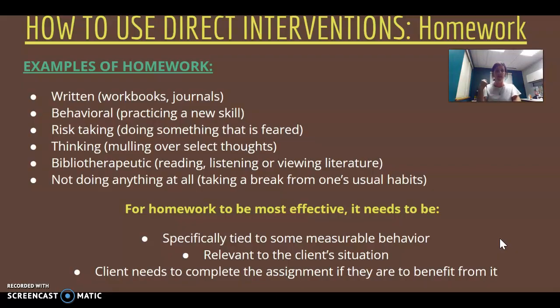So that is homework. That's one of those things that you are going to want to utilize in your video too. So being comfortable with how to create homework is going to be very, very useful, but also knowing exactly what's a good idea for homework and what you have to remember about homework, which is having it be purposeful, is going to be very helpful in your practice as well.